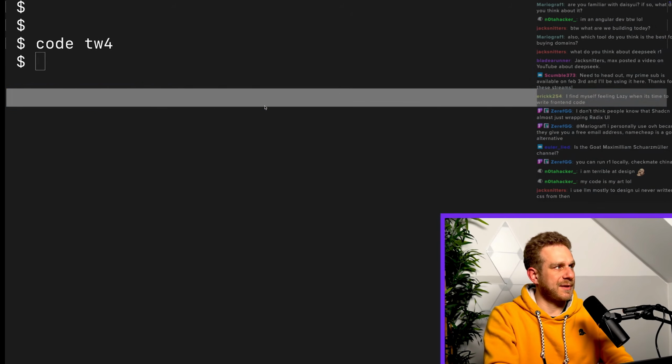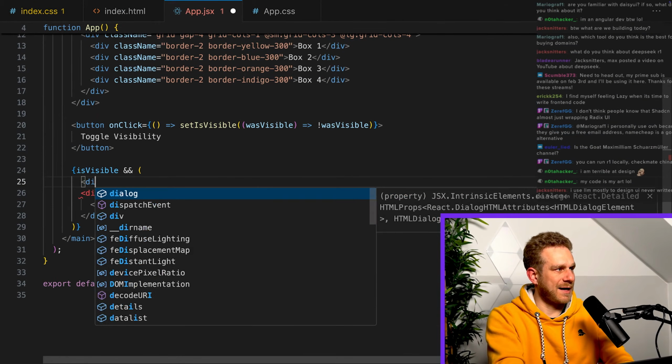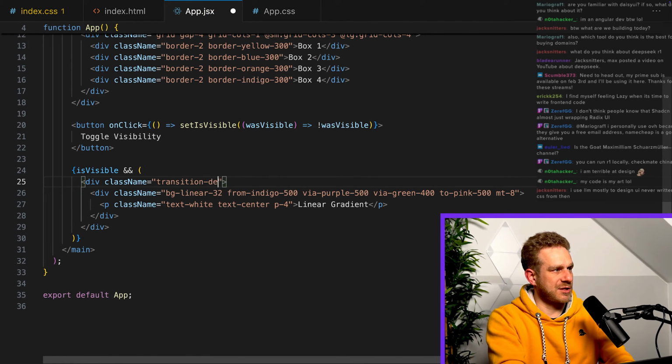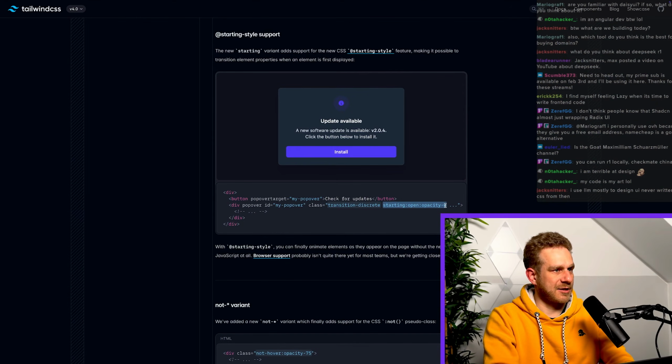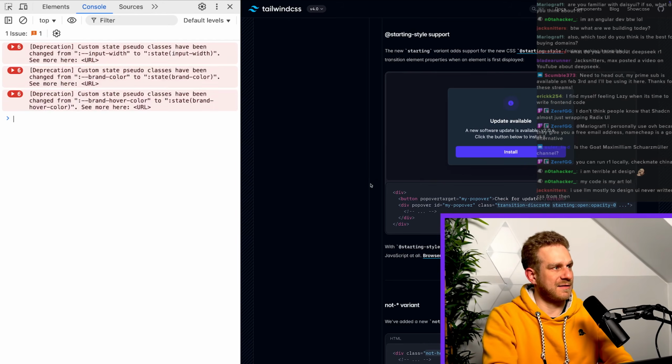Okay, so if I go here and wrap this with another div to make sure that my class list doesn't get too long, I can add this transition-discrete class here. And then I set a starting style, starting open. Yeah, so with that open pseudo selector here, I assume that this does not work with that approach, but we can give it a try. So I set this to opacity 0, then transition 500, and then